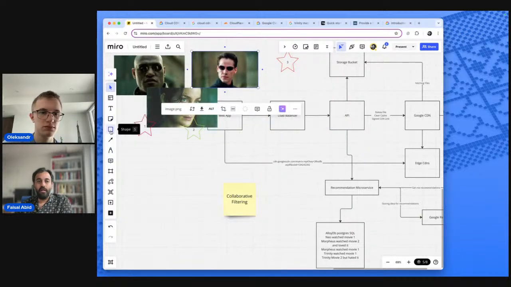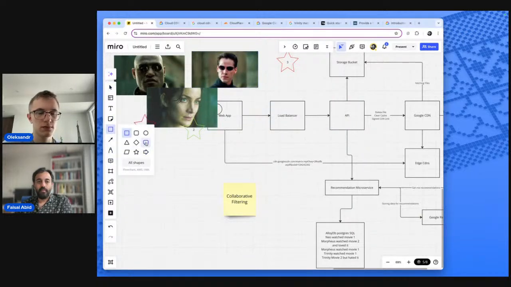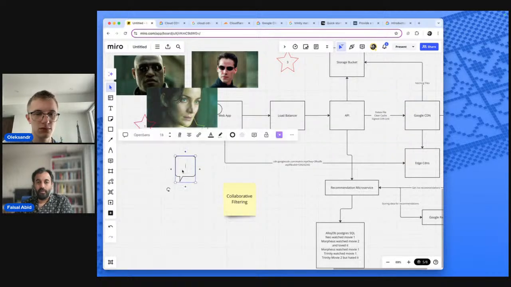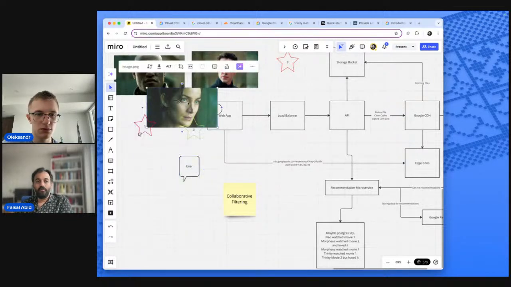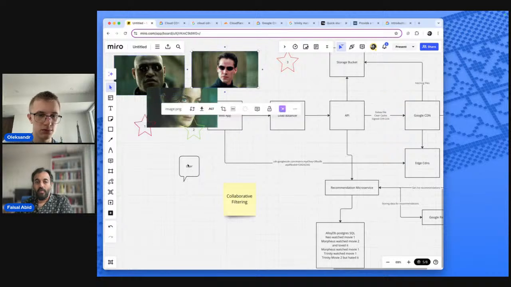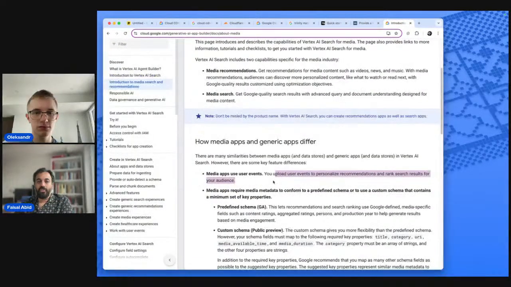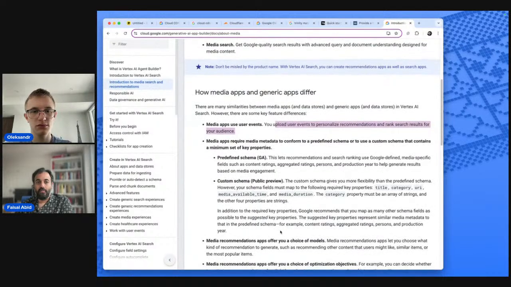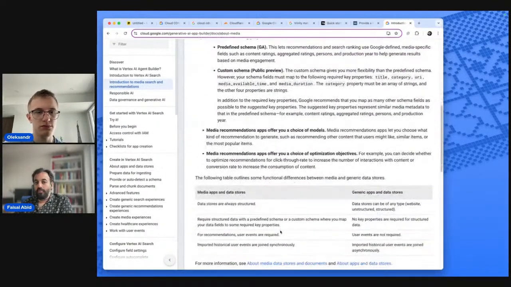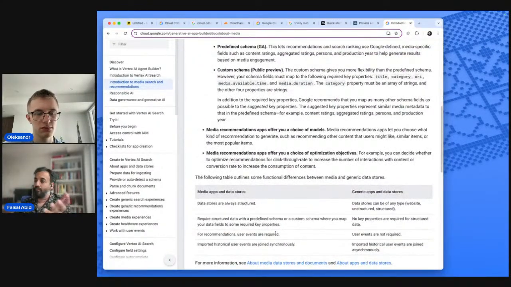Now imagine a third user joins, this speech bubble is a user. When this user does very similar things to what Trinity, Morpheus, and Neo have done, we're going to provide that user the content that Neo watched before he converted into a paid user. You can get away with all that by just using the recommendation API that Google provides, or you can build it yourself if you don't need a lot of complexity.